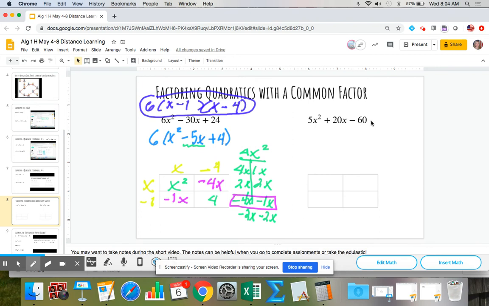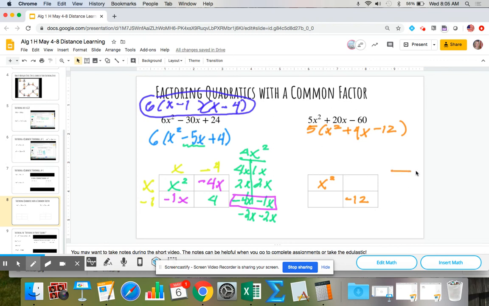And so I would encourage you to put the video on pause, grab a sheet of paper or a whiteboard, and factor this quadratic trinomial. And when you're ready, come on back and we can check. Okay, so the first thing I will do is factor out a 5. And then I'm going to realize that this is a trinomial that's comfortable for me to factor using the box